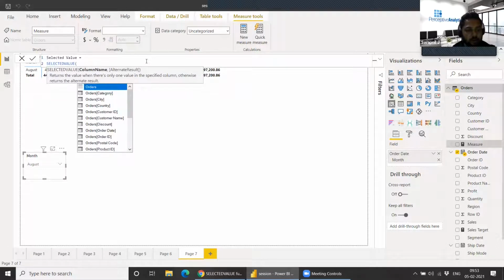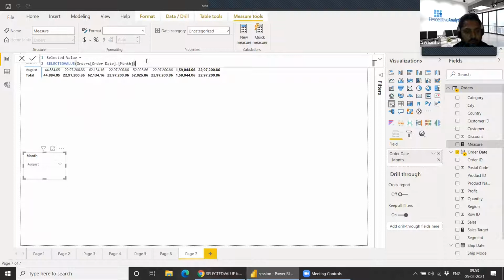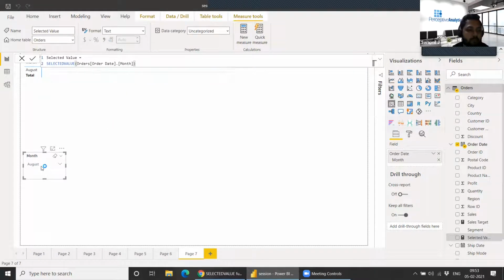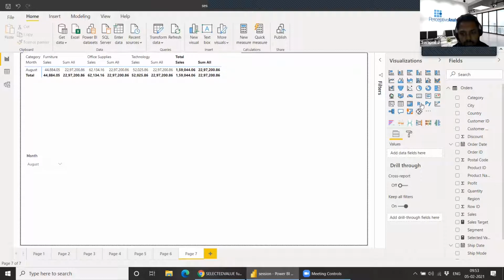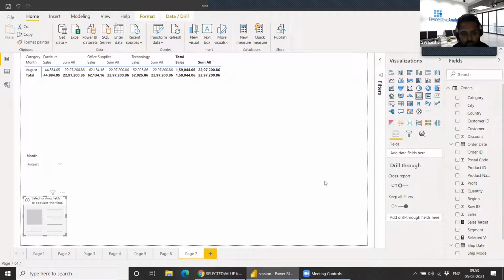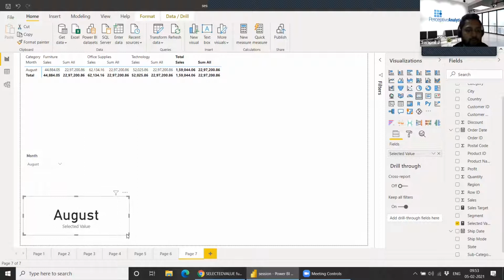Here you can give the order, so we are using month. If I use this function, it will capture the value which is in my filter. Right now I've chosen August, so it will capture this value.